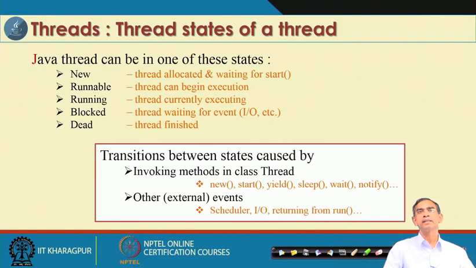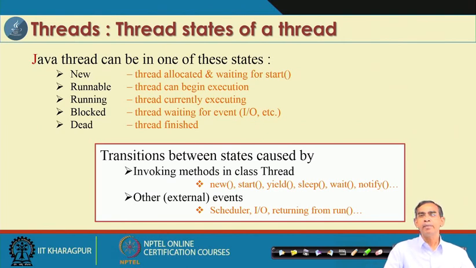Now, so far as a thread is concerned, it has different states. A thread can be in a new state, which means the thread is just created and is yet to start its execution. Then runnable: the thread is about to run, and running, which is basically active, the thread is in execution. Then blocked: somehow the thread needs something, or has been stopped, or is sleeping, so it is in a waiting state, called the blocked state. And finally, a thread can be in a dead state, that means when it has finished its execution.